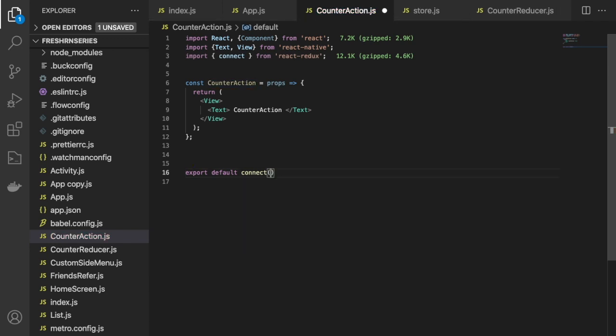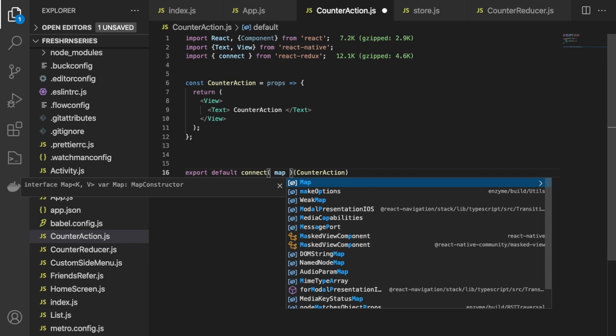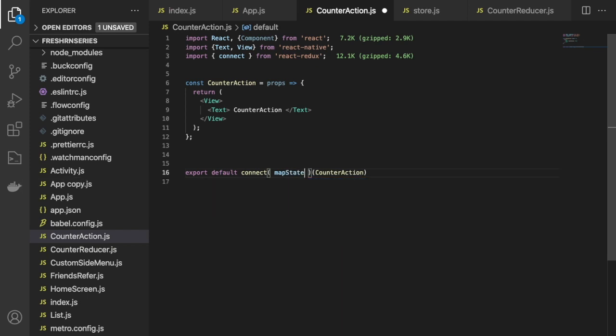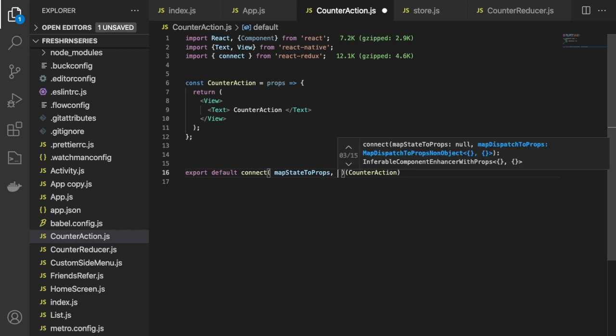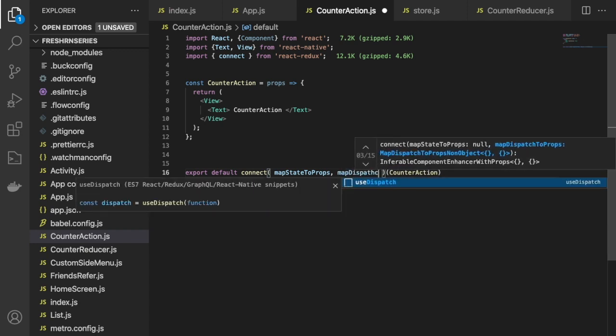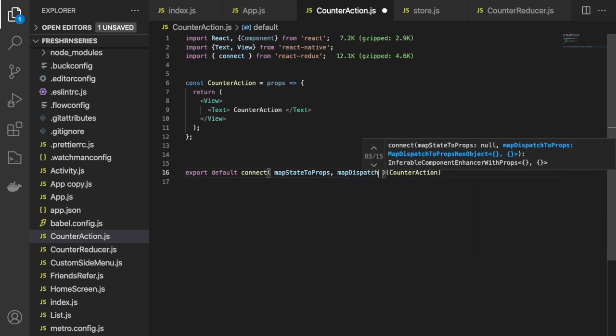So in this connect function, we have to pass two things, two arguments. First is map state to props. Another one is map dispatch to props. Cool.